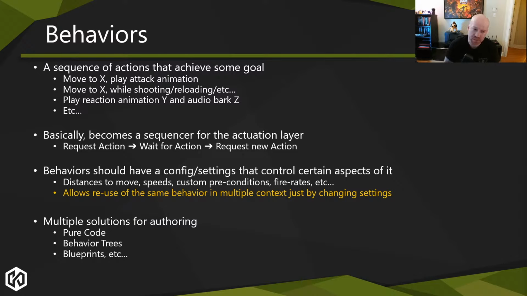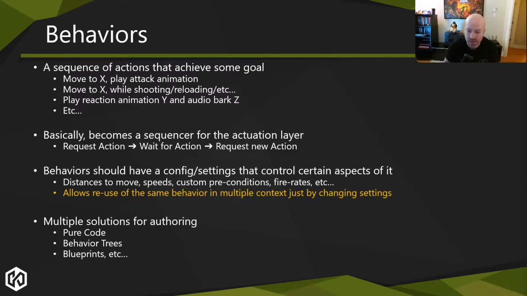Behavior should have some degree of settings and configs that can control certain aspects of it, right? For example, a ranged attack behavior might want to say, hey, you need to be doing this behavior with a very aggressive firing rate. So prefer full automatic versus burst fire, because you might want to reuse that same behavior in a different context within the same AI, but there you want it to be more aimed fire. So you want to say, hey, I need you to do range combat, but prefer aim versus less aggressive, more aimed.